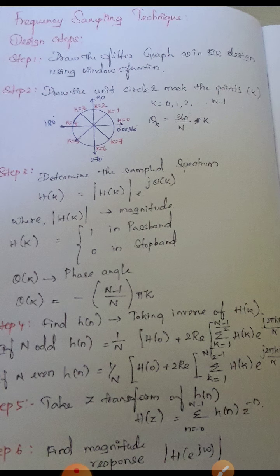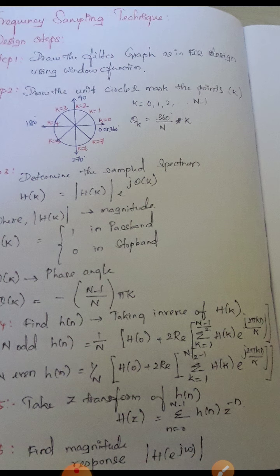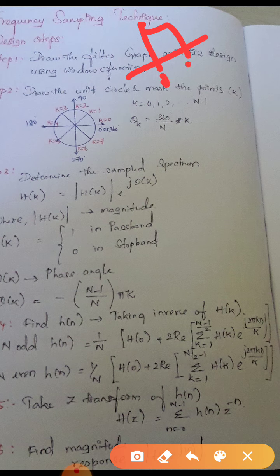In this problem we are first converting into samples by dividing 2 pi k by N samples, then we are converting into H of k, and again we are converting into h of n. Okay, the first step is you have to draw the graph as given in the formula. Sometimes they will give the function varying from 0 to pi by 2. So if it is the given formula, you have to draw the graph.